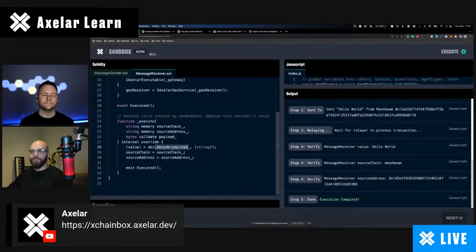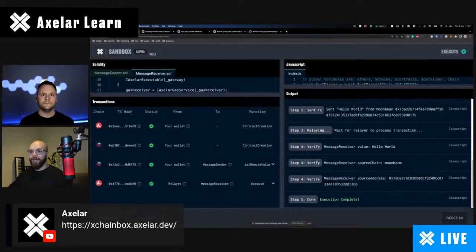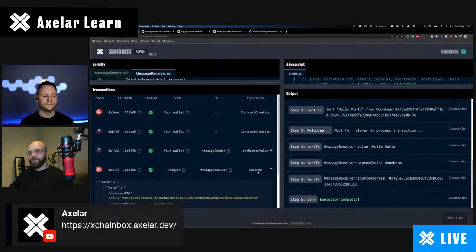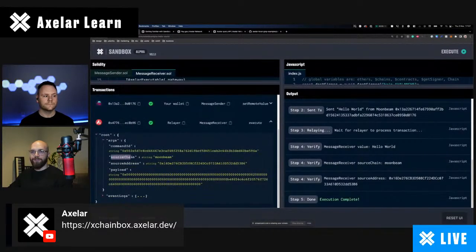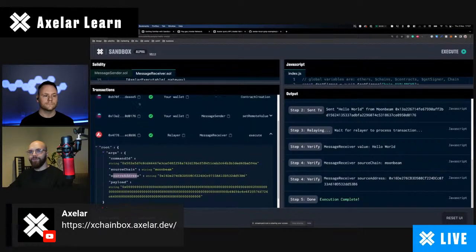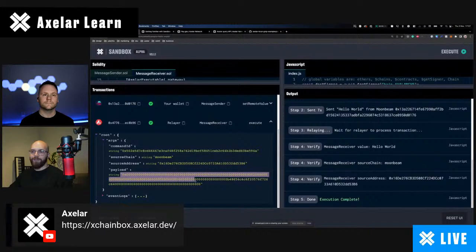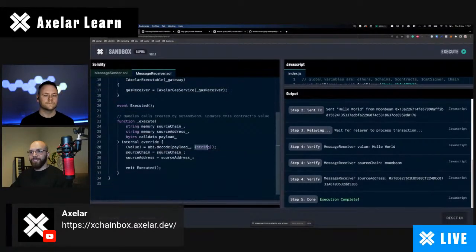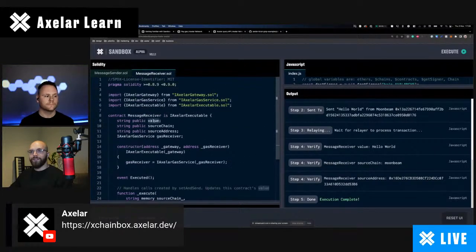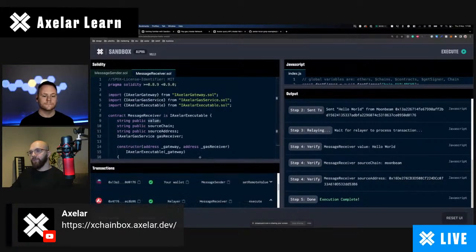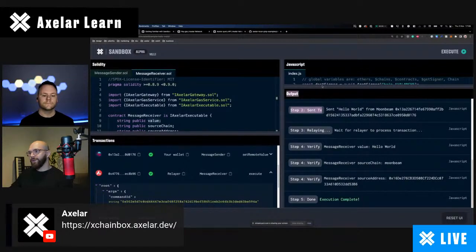So this is the payload that is passed from the source chain, and it also passes the metadata, for instance, from which chain the cross-chain call has been called and from which address. And this is what is happening here. The execute function has been called, and you see that we have contacted that function from Moonbeam from that source address that corresponds to our message sender contract. And this is a payload, of course, encoded in ABI. And on the destination chain, this is decoded as a string here and set to that value that is stored here. So we are constantly adding new examples to that